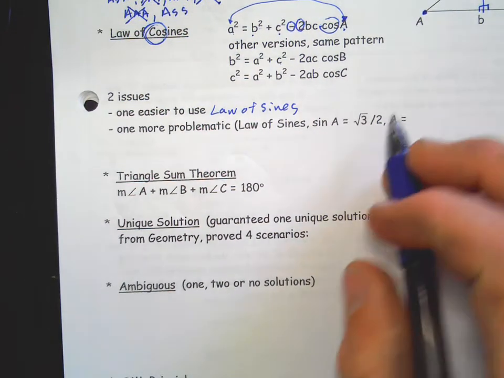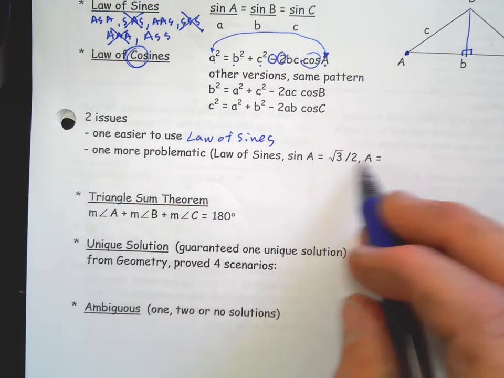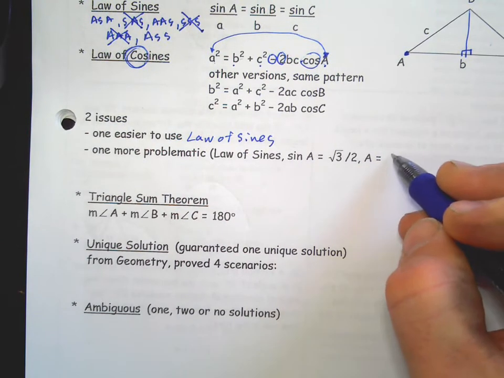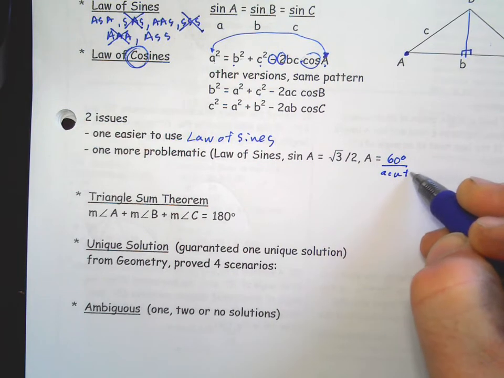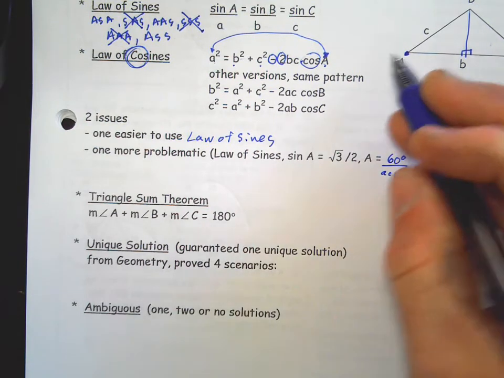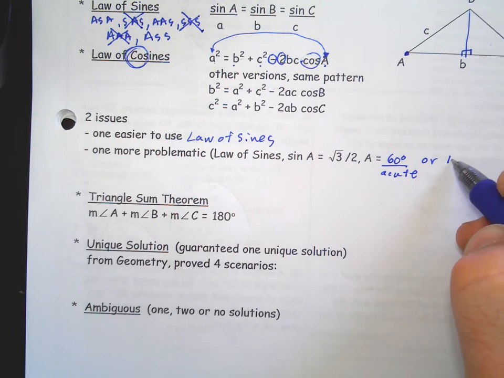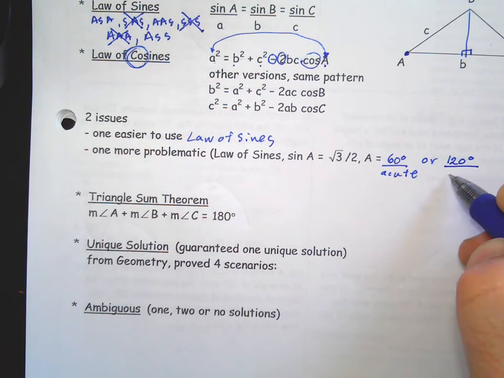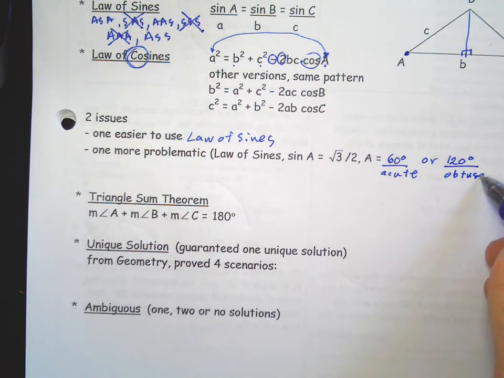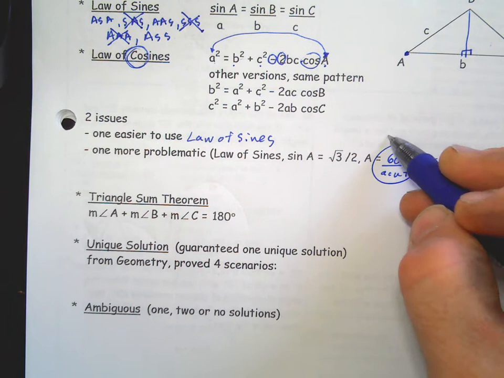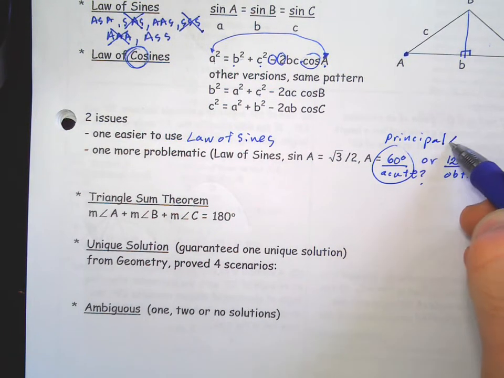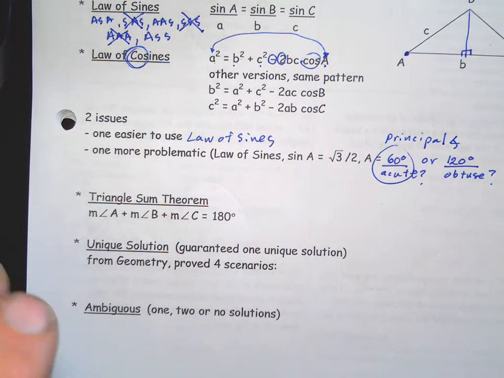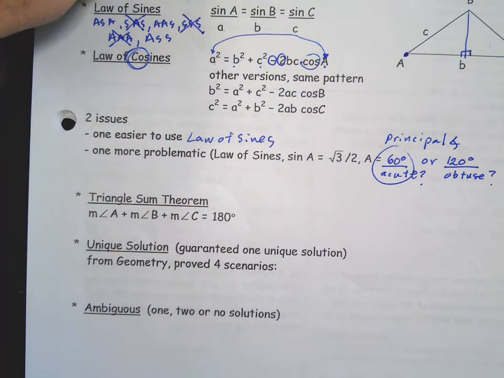So for instance, in this problem right here, if we were solving this on our calculator and we did inverse sine, it would give us 60 degrees, which is an acute angle. But the problem is that in our triangle problems, it is possible that it might be the quadrant 2 angle, which is an obtuse angle, from an obtuse triangle. So which one is it going to give you? Your calculator will always give you this answer, even if it's not the right answer or the one you're looking for. So we have to be careful when we use our calculators for law of sines,